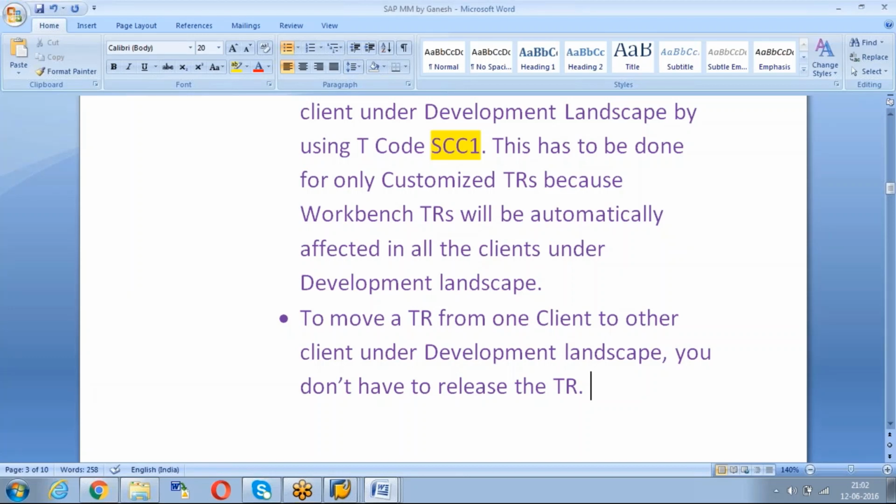Even during our support project, you make some change management, right? Change request. Then what we do: the changes in development, do the testing, informal or formal unit testing. Once you feel like everything is fine, then we move to quality. There we do the system integration testing. Once you are satisfied with the results, we ask the business to do the testing. That is called user acceptance testing or business acceptance testing or final acceptance testing. Three words we generally use: BAT or FAT or UAT. Then once the business is also happy and says everything is fine, we move the changes to production.